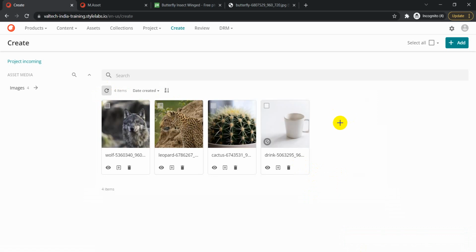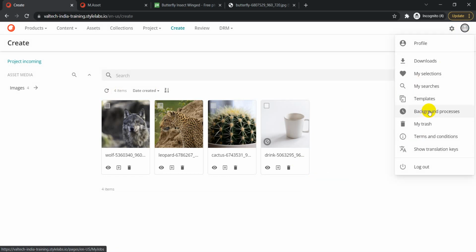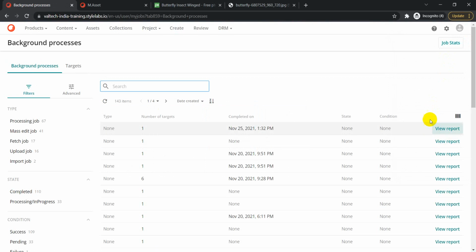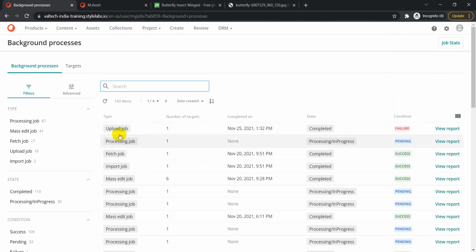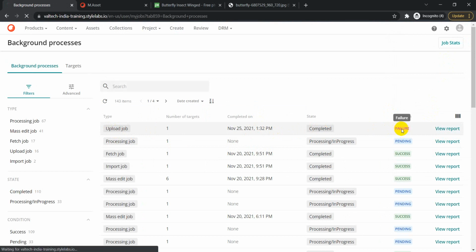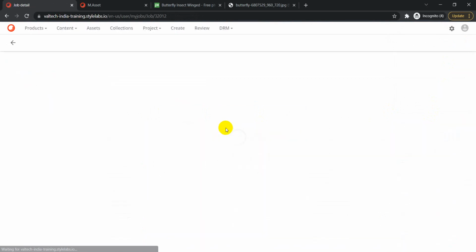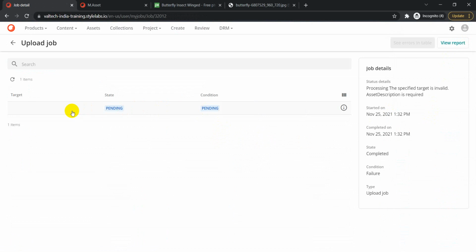So to find out what exactly is going wrong there, let's just try to find out what's going on in the background processes. So just click on the background processes from your profile, and we see this upload job which was running, and it is actually completed but with a failure, right? So if you click on this failure and see where exactly it failed.